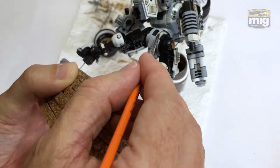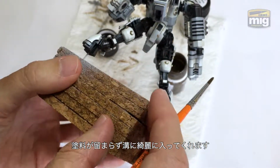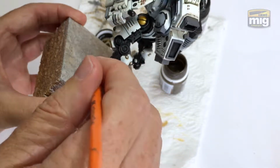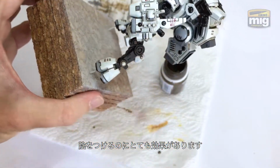effect. In Japanese, we call that the sumi-ire effect, and it comes from the old days of doing the 2D artworks that they're known for. I'm going for a clean, crisp look for this model. I want it to be slightly weathered, a little bit dirty so it's seen use, but not overly weathered and